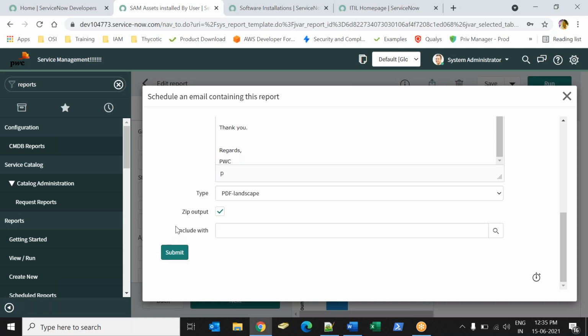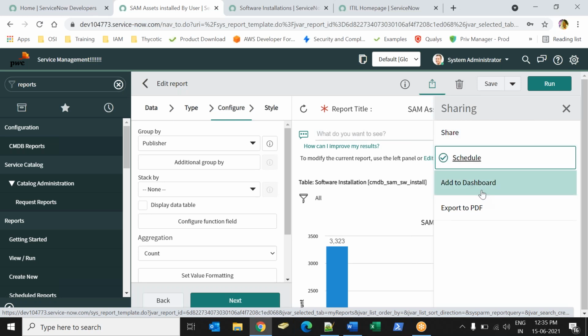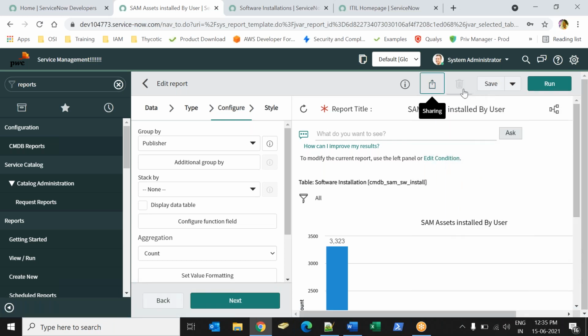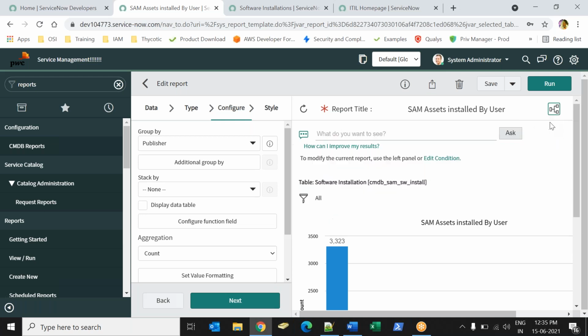Okay, if the interviewer asks you, can I do that? Yes, there's an option called include with. You can play around. Submit. That means now you're scheduling this report. Okay, and schedule done. The trash icon is to delete. What is this? There's a drill down. That's fine. And now, if you click on this drop down here,